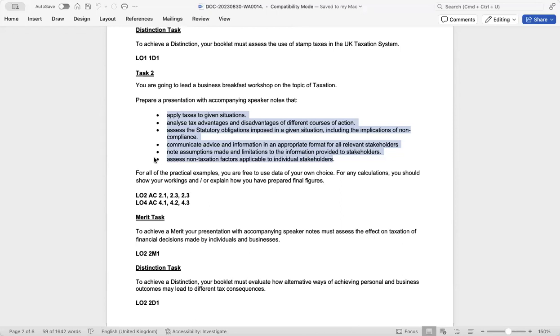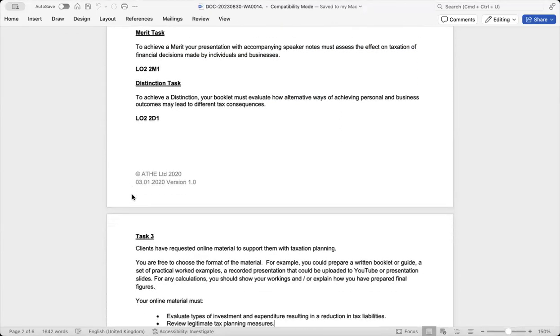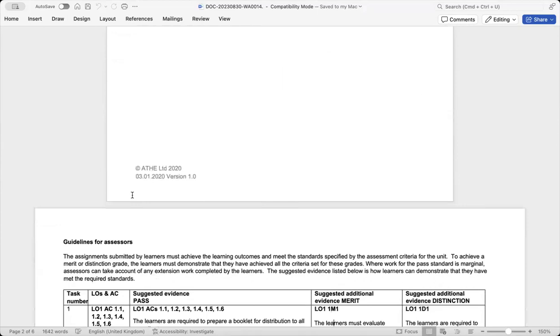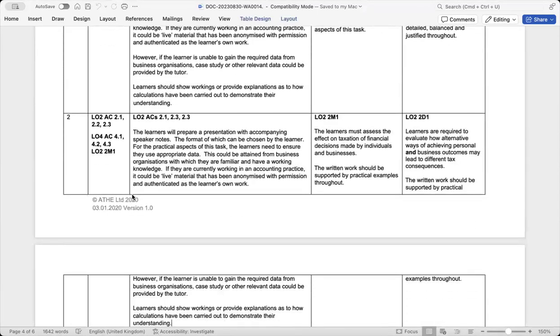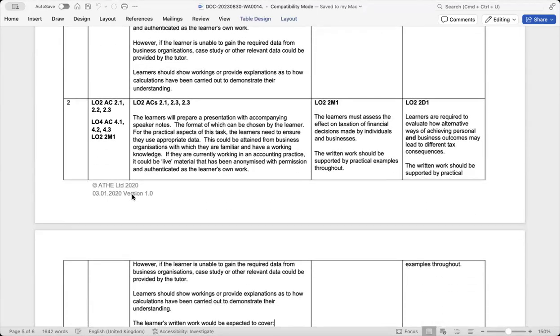So for this task, you can look at your learning outcomes. Your assessment will focus on learning outcome two and its associated assessment criteria, as well as some parts of learning outcome four. To achieve a pass, you must prepare a presentation with accompanying speaker notes covering the following criteria: